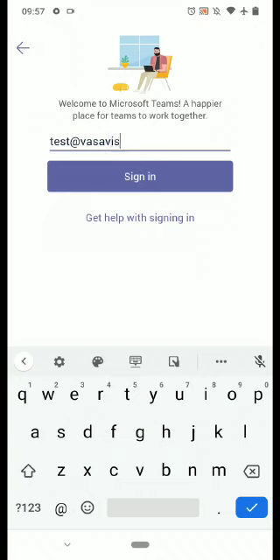So you need to enter very carefully: test at the rate vasavischools on microsoft.com. I am repeating once again, this user ID is only for this instructional video. Don't use this user ID for any of your personal purposes. I have entered my username now.